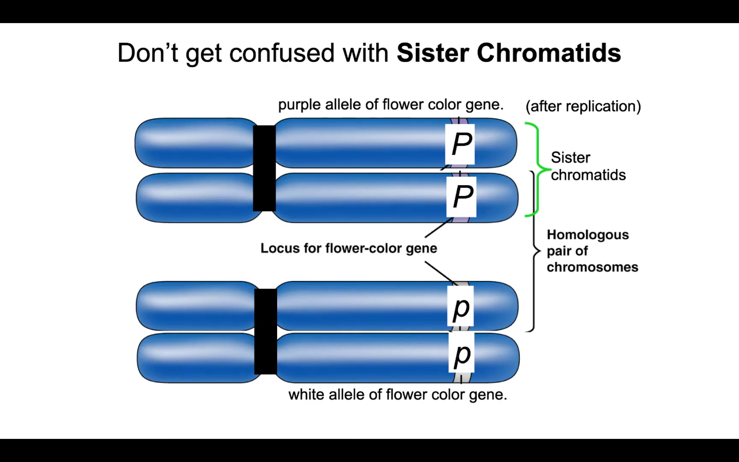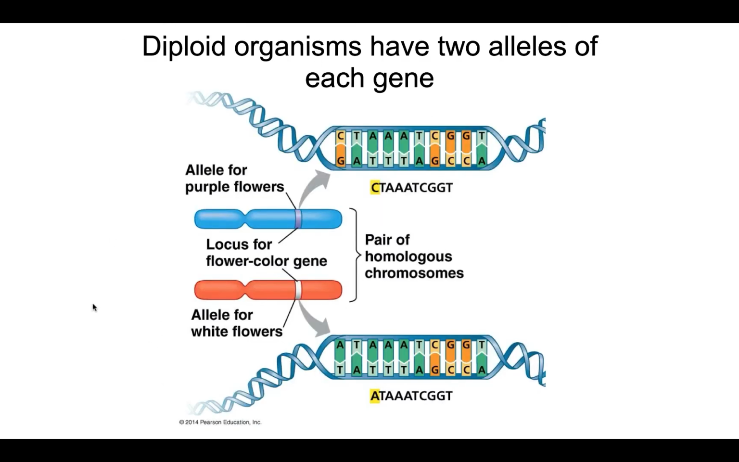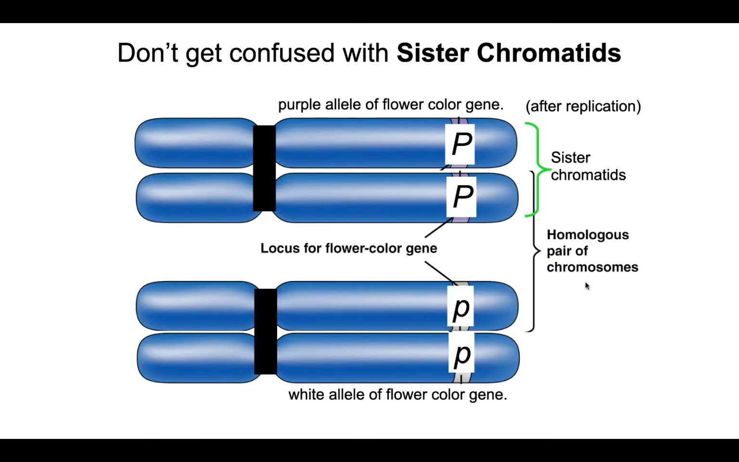Now, don't get this confused with sister chromatids. So now if we look at this, this is before the S phase of interphase. This is after the S phase of interphase. This is after DNA replication. So that now we have our two homologous chromosomes. Here's our homologous chromosome, here's the other homologous chromosome, but each one of them are now duplicated. So each one of those homologous chromosomes consists of sister chromatids, which means that they are 100% identical to each